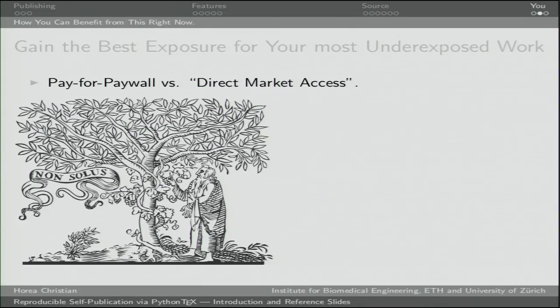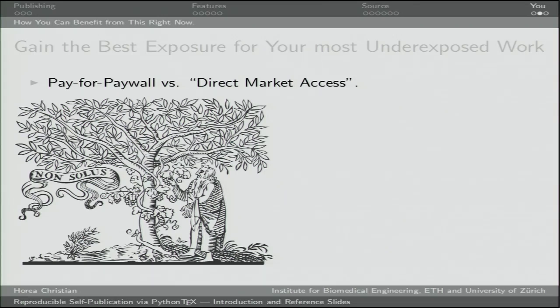Maybe you know some interesting things about the Elsevier logo. It's basically an elm tree with a vine growing on it, and the sense of it is the vine of knowledge, the fruits of knowledge can't stand on their own. It says here non solus, not alone. So they need the strong elm tree of the publisher to latch onto.